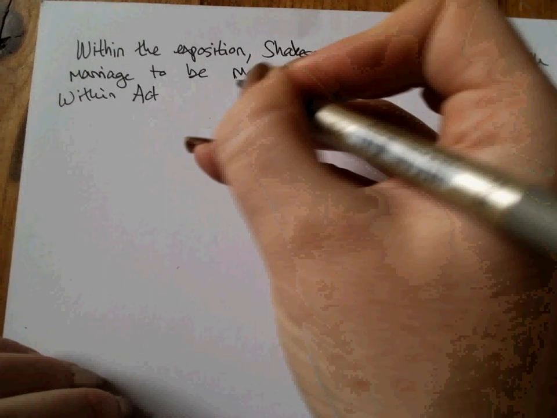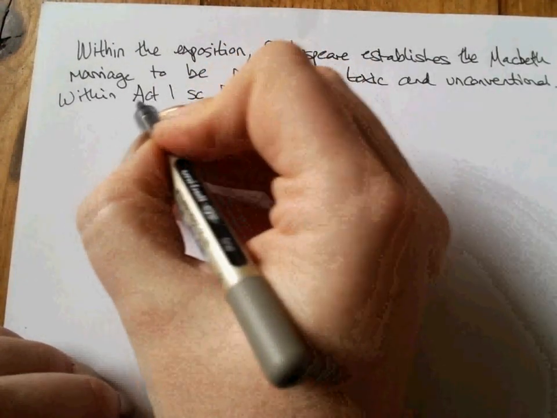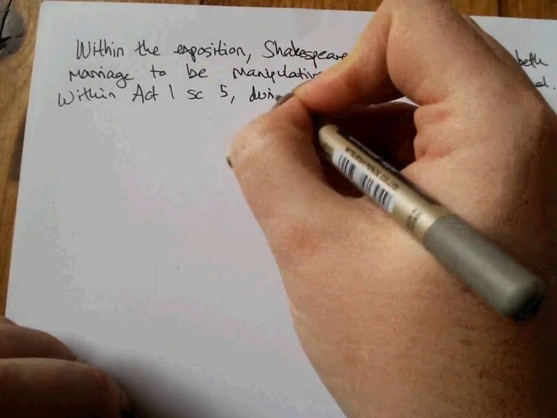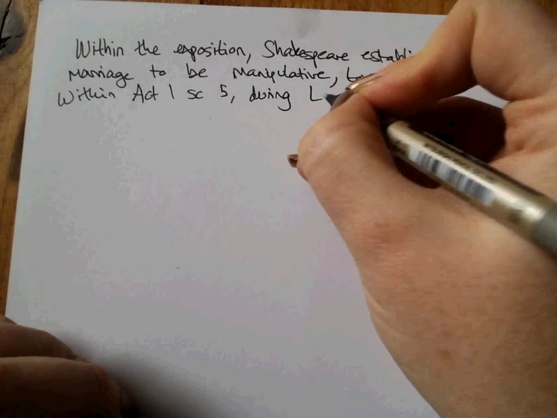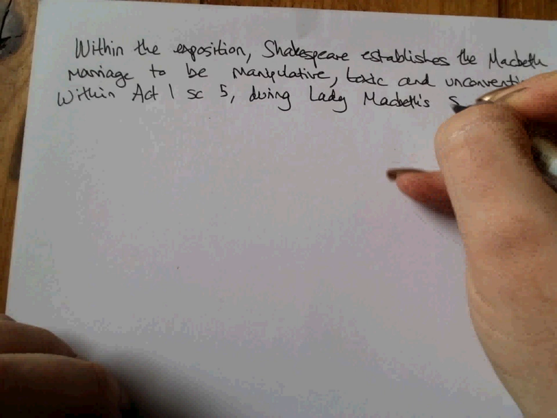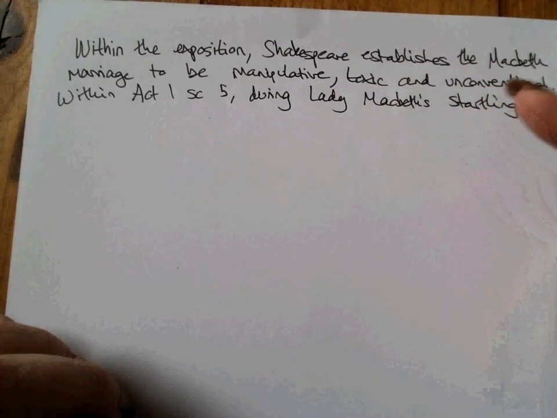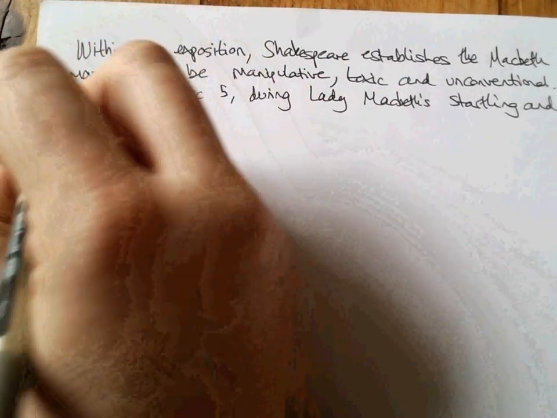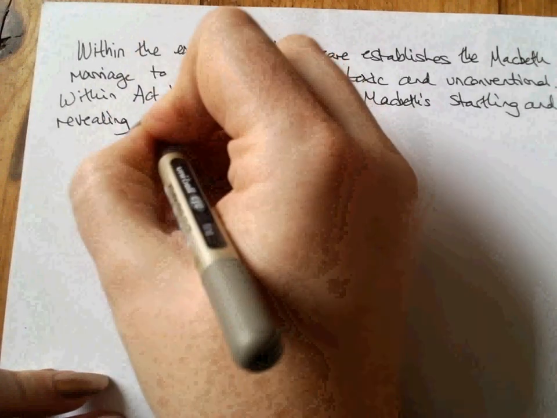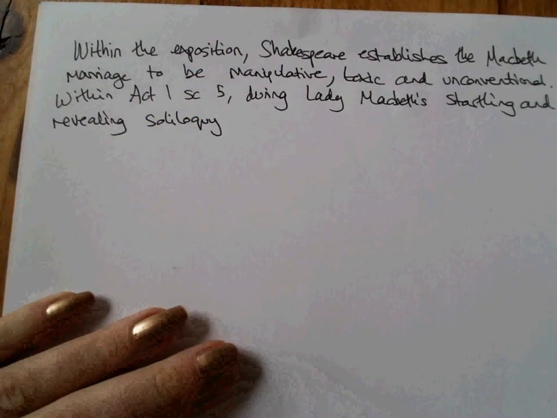So within Act 1, Scene 5, remember, always a capital for act, small s for scene. So within Act 1, Scene 5, I'm going to contextualise where I'm taking my example from. During Lady Macbeth's startling, because it's quite surprising for audiences, first time we see her, but within her startling and revealing soliloquy, because it really does give us quite a lot of information about her and about their marriage,